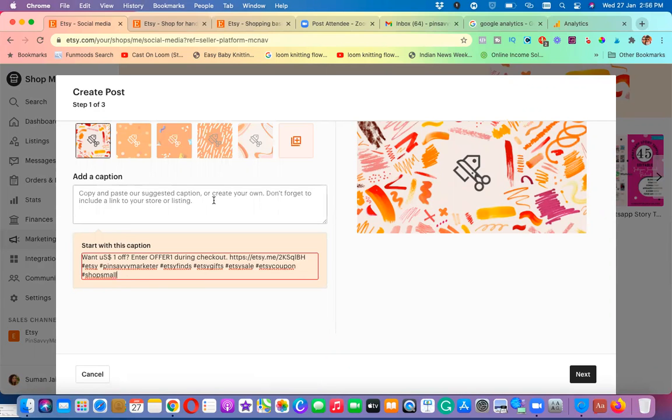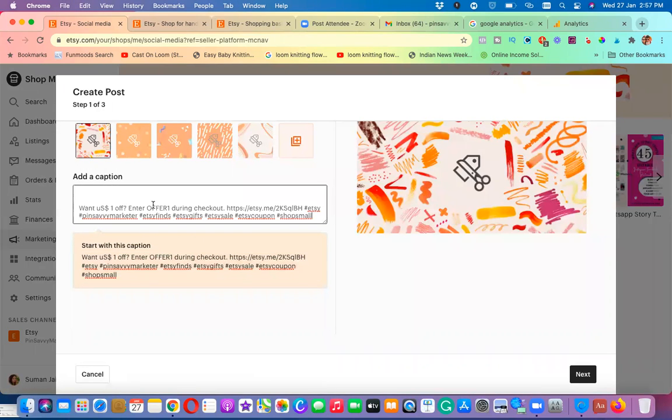You just have to copy and paste whatever has been done and paste it over here. And make sure you copy your store link, so that they will come and shop. For example, this has everything. See, this has everything. This has the products and stuff like that.